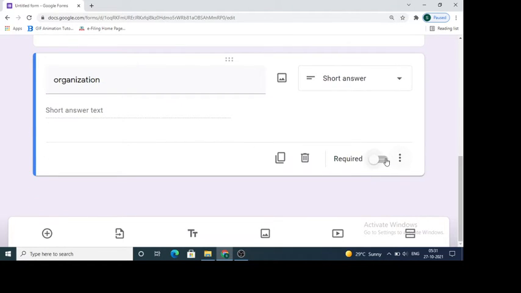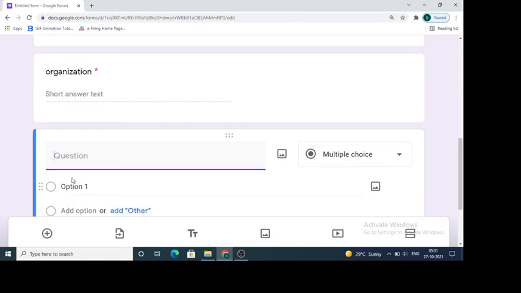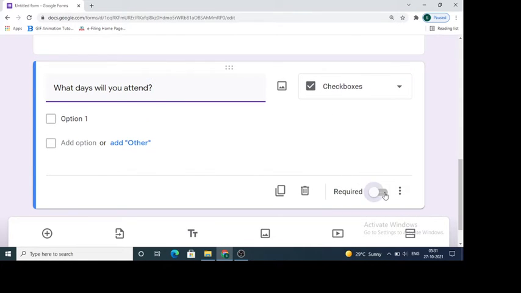Even this we will make required. Then we will ask what days will you attend. This also we will make required.